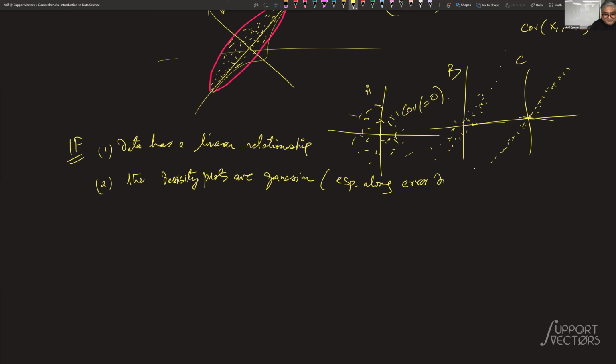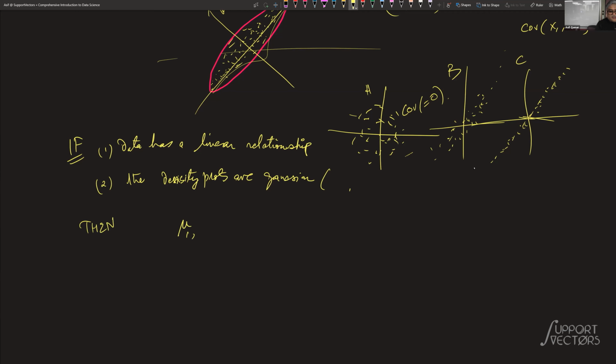Well, basically you have to assume that. So let me leave it as that. So suppose you have Gaussian, like bell curved. The data has a bell curve representation, right? And in particular, along the target variable, let's say if x2 is the target variable, then it is like this. If these two conditions are fulfilled, then